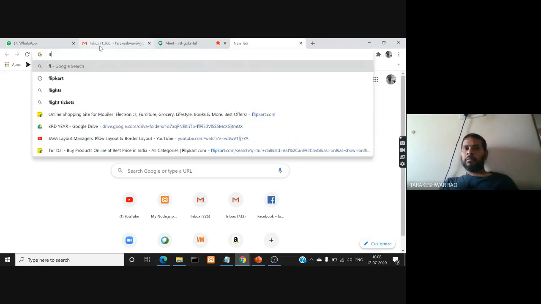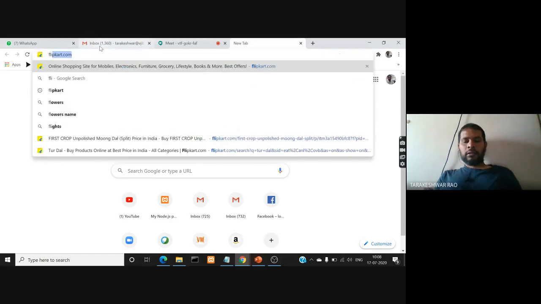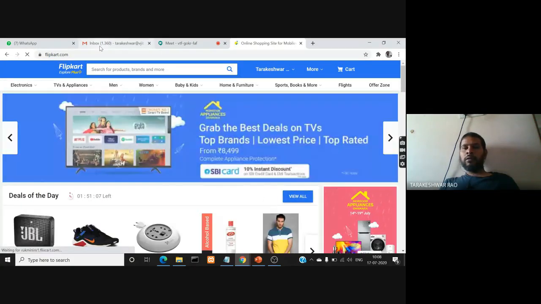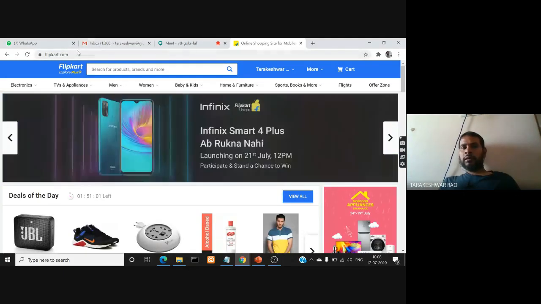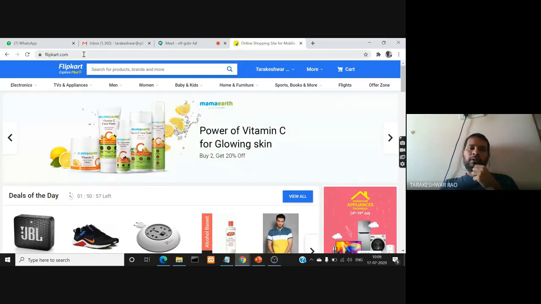In the address bar of the browser, what you'll do is just type the website URL and strike the enter key like this. Then what is happening in the background, you do not know. You'll just know how to use it, right? So soon after you strike the enter key here, you'll get a response.